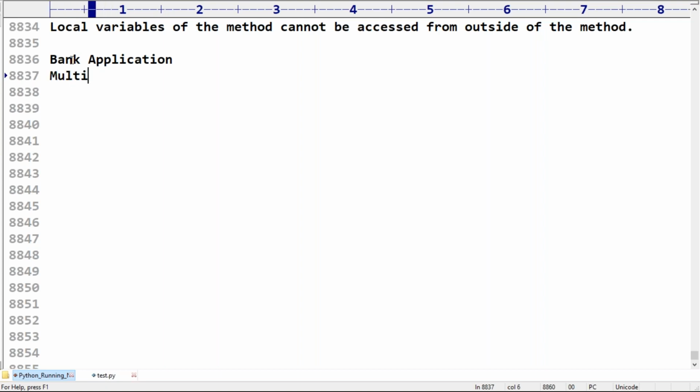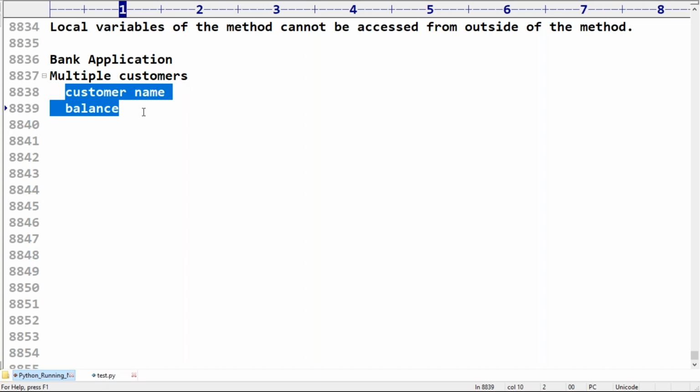Customer name and customer balance vary from customer to customer, so these variables should be instance variables.